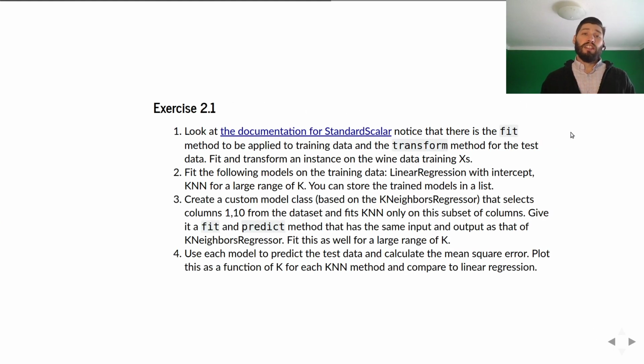Okay. So this is a good time to give you an exercise. So instead of going off on my own, I think you should sit down and try to implement all of this yourself. So the first thing we want to do, for ordinary least squares, scaling